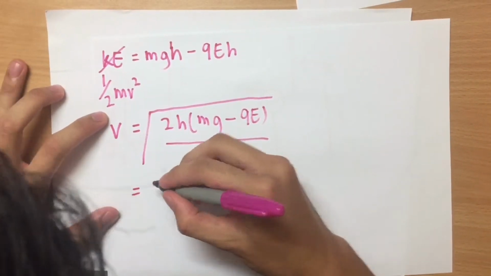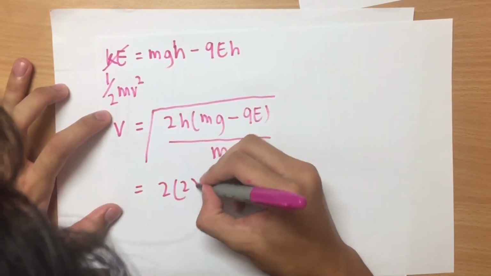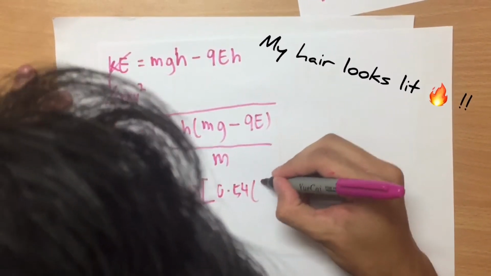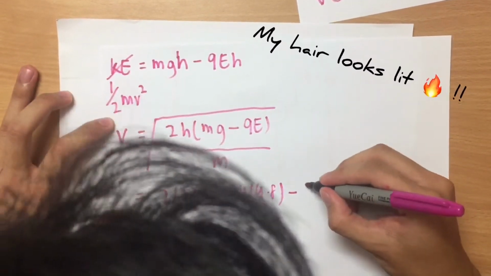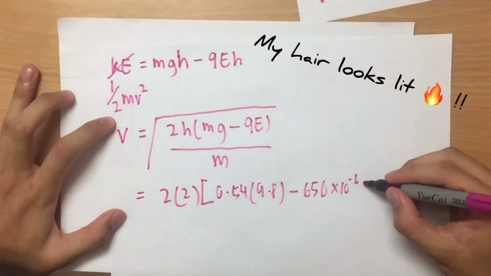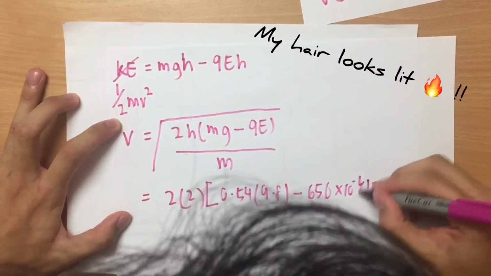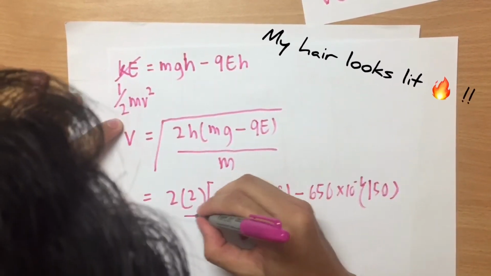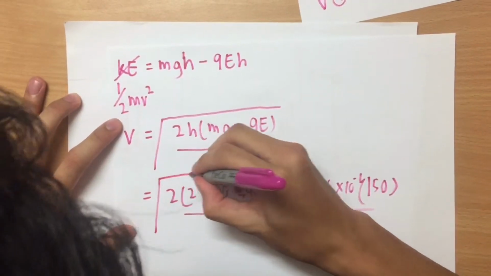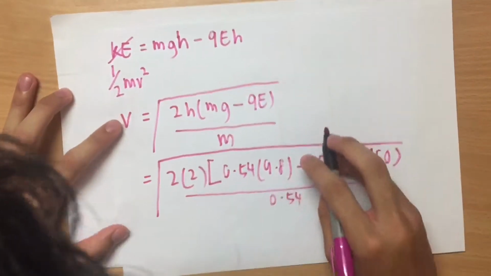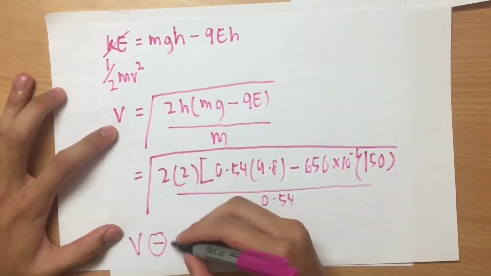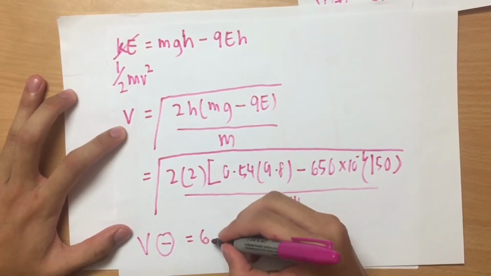Then we just substitute the values, which is 2. The mass is 0.54 times 9.8 minus 650 times 10 to the -6. The E is 150 over the mass 0.54. So from here we get the v for the negative charge is 6.2